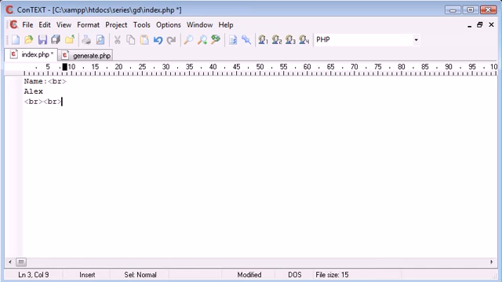Then we'll break down a couple more times and we'll say email. We'll break down. Now what we want to do is output this image from generate.php in here. So how are we going to go about doing that? Well, we're going to create an image like we normally would in HTML, and we'd normally say something like image.jpg here, or